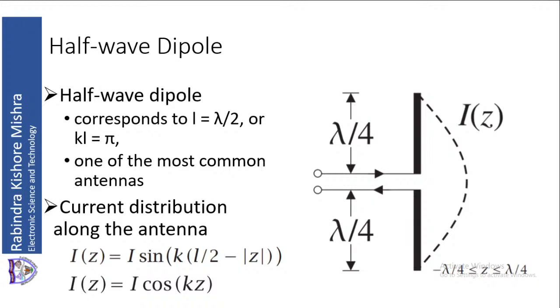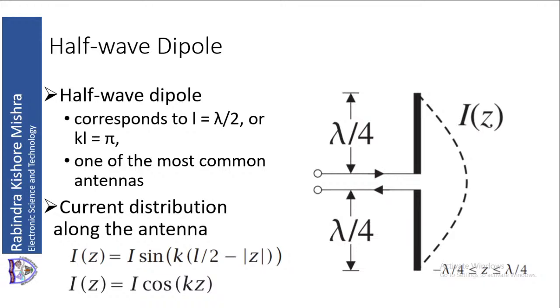The length of each arm of the dipole antenna is lambda by 4. This you can also say H is equal to lambda by 4. This is one of the most common antennas in use. The limit on Z is from minus lambda by 4 to plus lambda by 4. That is the limit on Z. It extends along the Z axis. So the current distribution will be, from the standing wave current distribution, which I will take,